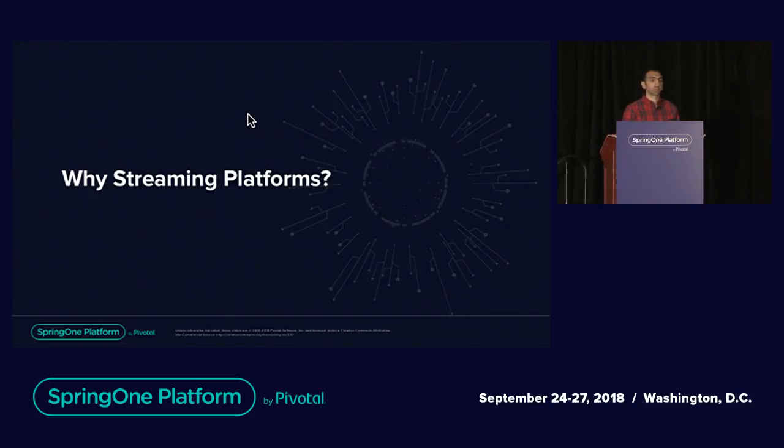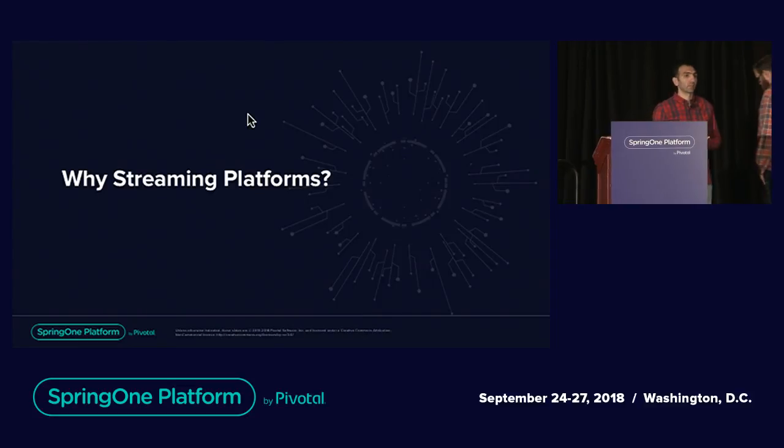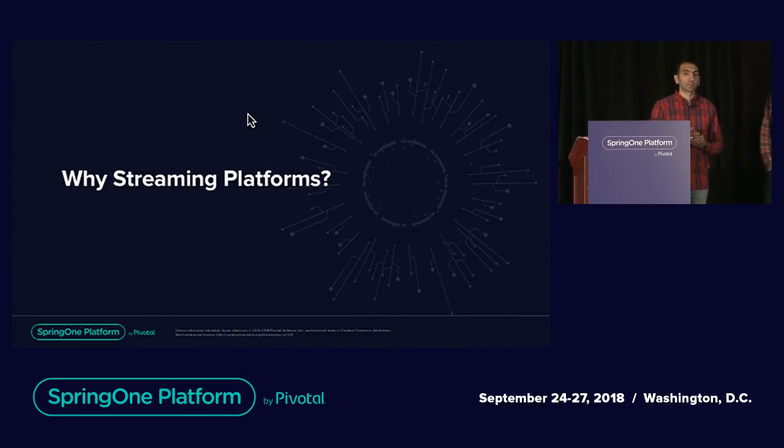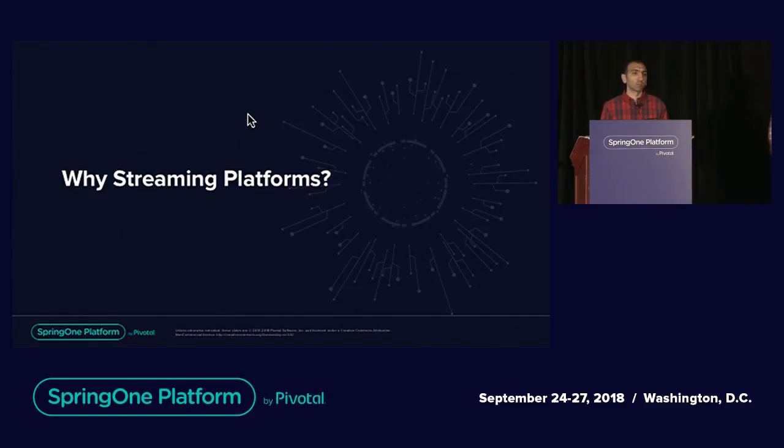Why streaming platforms? Streaming platforms are becoming a central place in many software architecture designs, and there is a very simple reason for that. Today, many applications are data intensive rather than compute intensive. So you can't stick anymore to your traditional synchronous request-response model, which is rigid, tightly coupled, and very slow to evolve. It brings you a risk of cascading failures, etc.